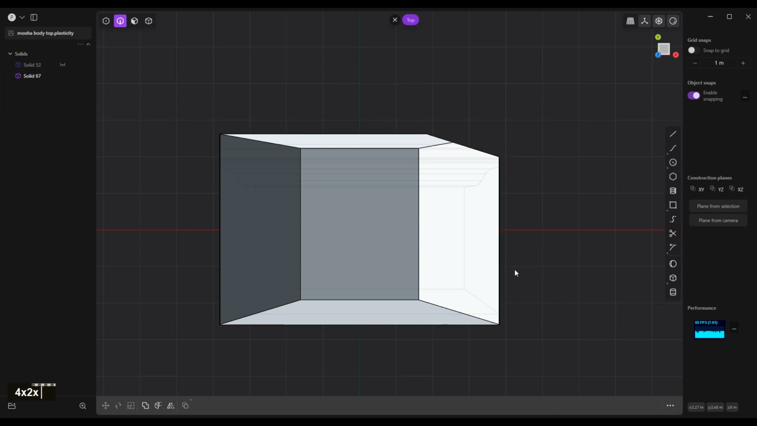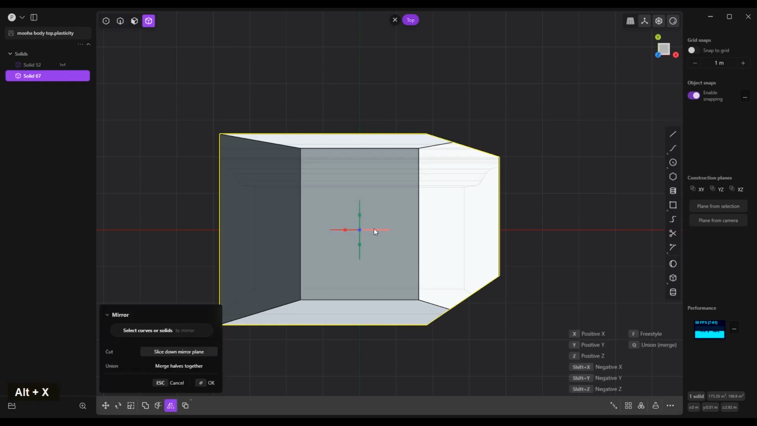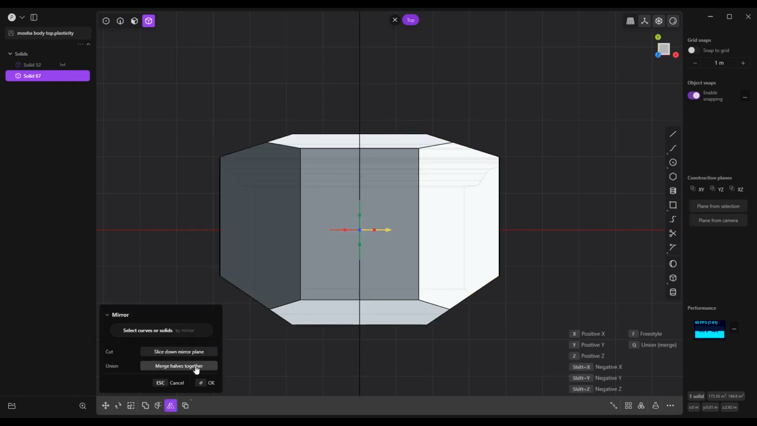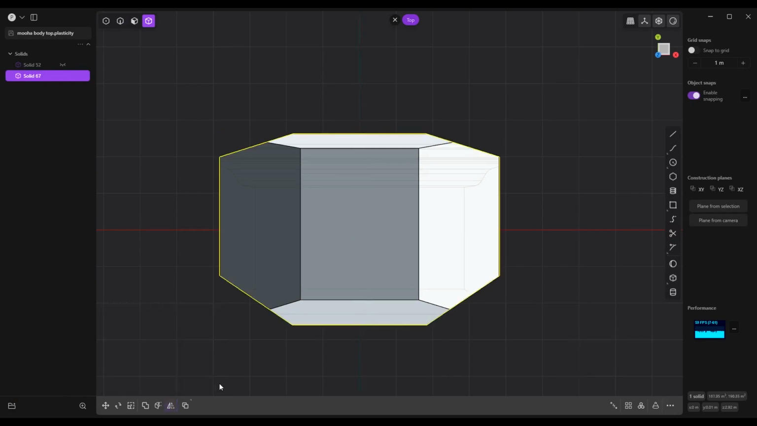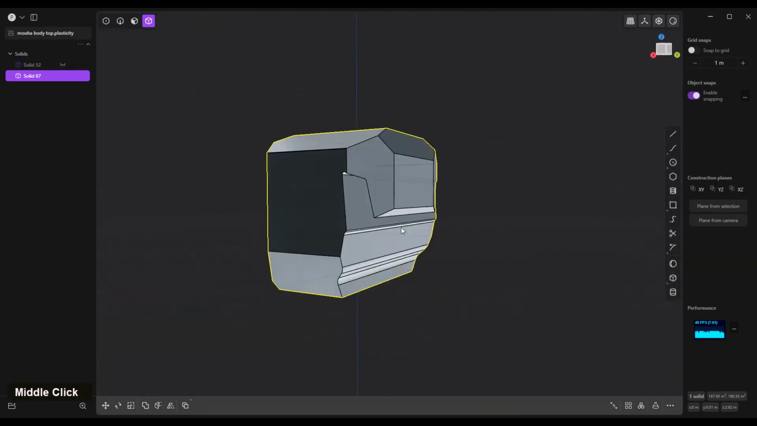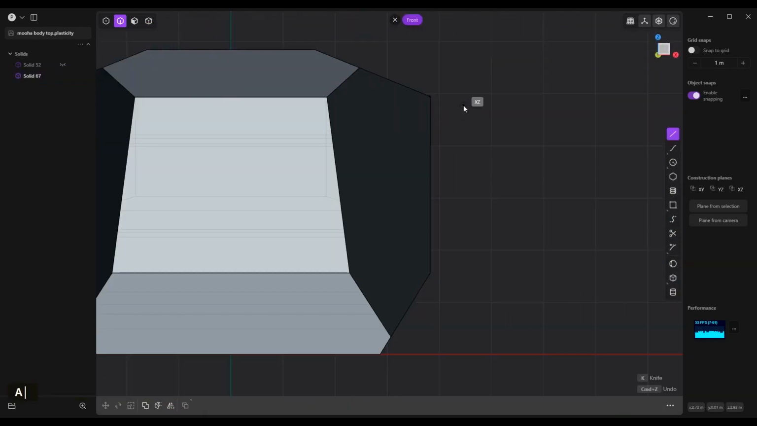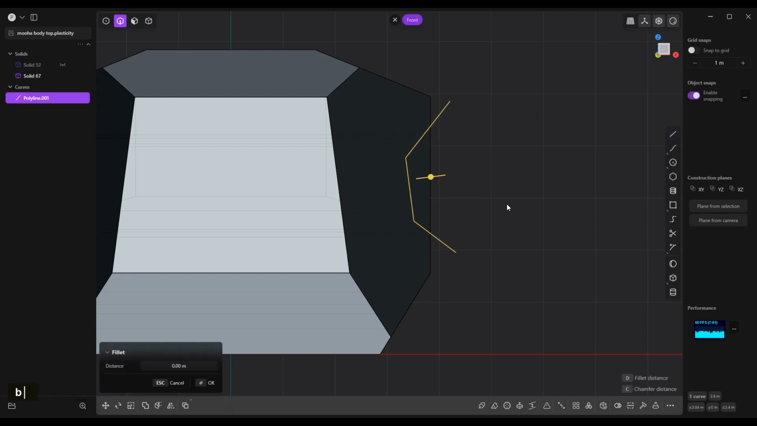Select curve, X to delete, Shift A, mirror it, merge halves together, okay, Shift A, hold control, drag it to this place. Now go to this edge, press shift once, so it's parallel to this side, it's something about here, and yeah, and B to bone,